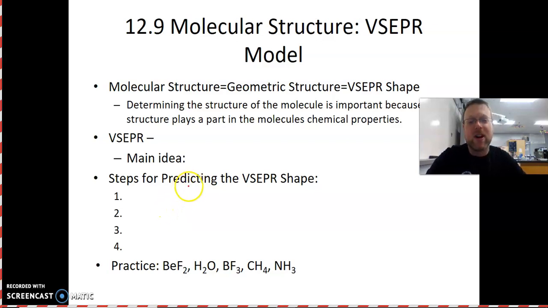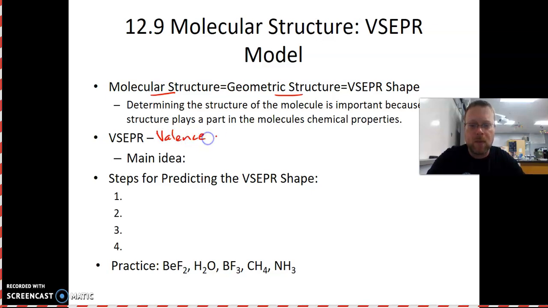Hey everybody, today we're going to be talking about VSEPR theory. So we're going to be talking about the geometric structure, or the molecular structure, of molecules in 3D. And this VSEPR thing is an acronym that stands for